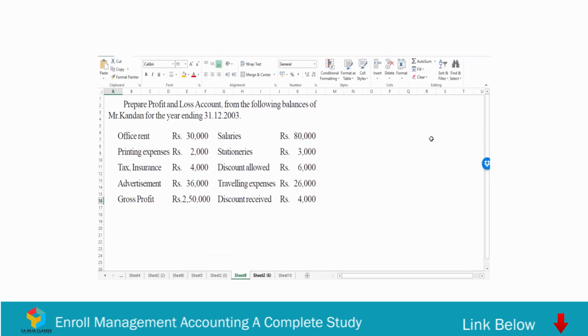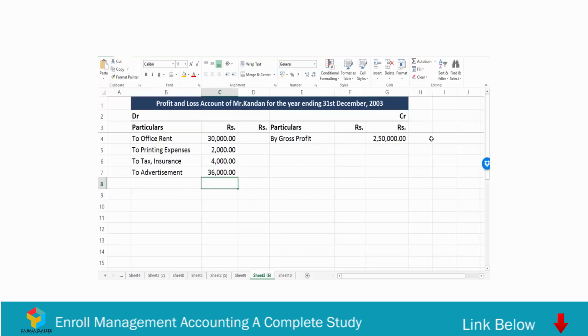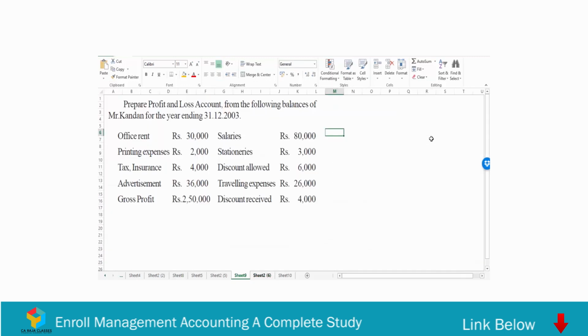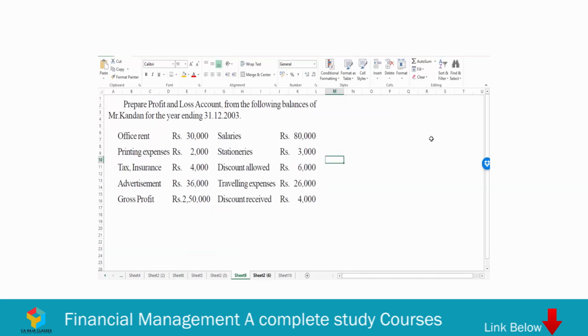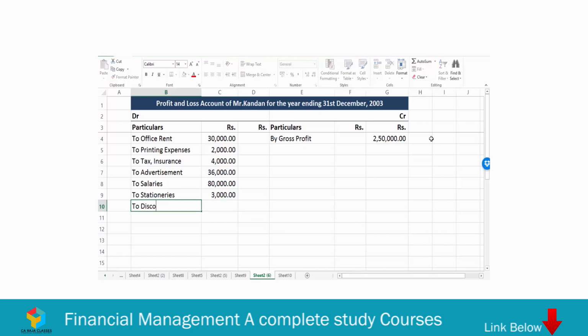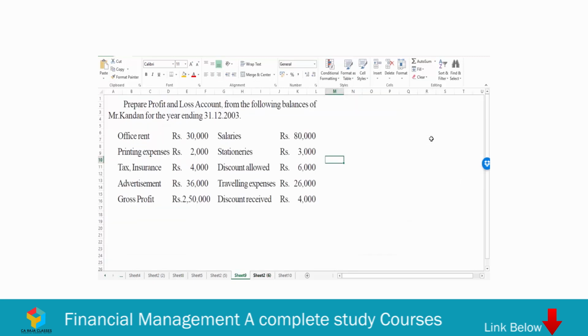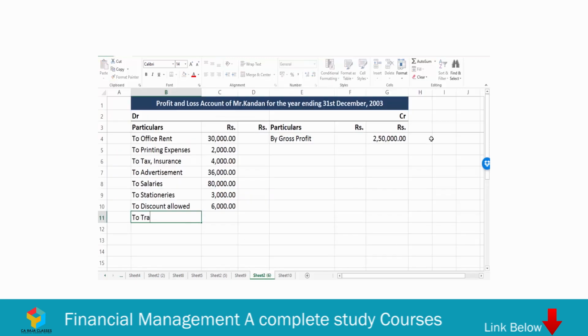Then we have gross profit, which was already covered. Then we have salaries, right? We have salaries, so we'll say to salaries. What was the amount? 80,000. Then we have stationaries 3,000. To stationaries, the amount is 3,000. Then we have discount allowed 6,000. So to discount allowed 6,000. Then we have traveling expenses 26,000. So to traveling expenses,